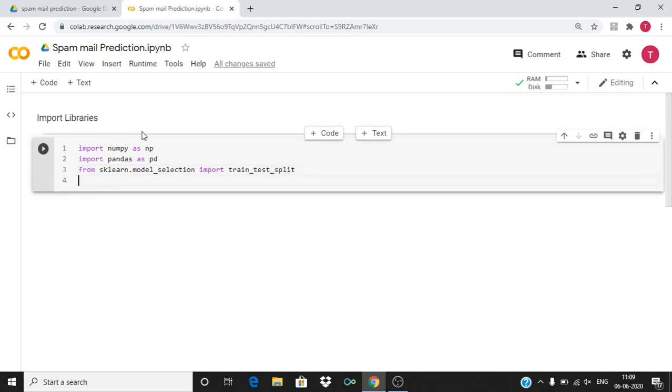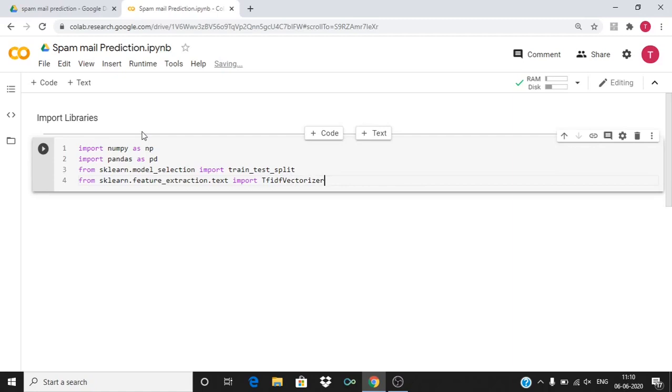Then from sklearn.feature_extraction.text import TfidfVectorizer. This TfidfVectorizer is used to extract features from the text.